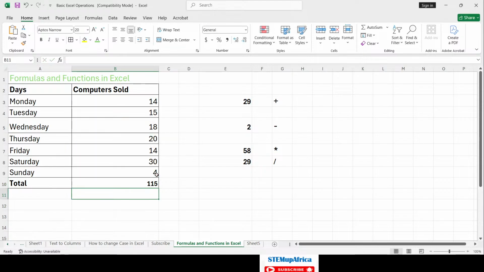What did we get? 115, right? That is a lot for a week. So it means we're making some good sales. 115 computers is a lot of money. Okay, so here we've been able to get the total, right? So now we can